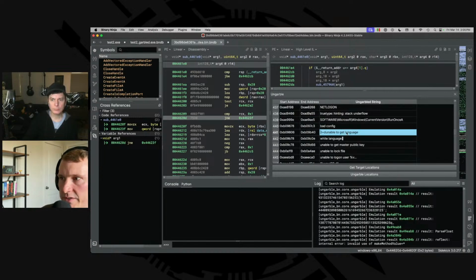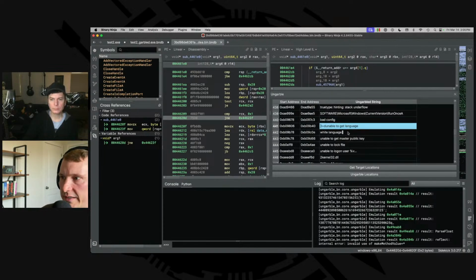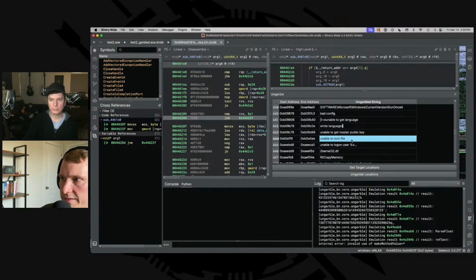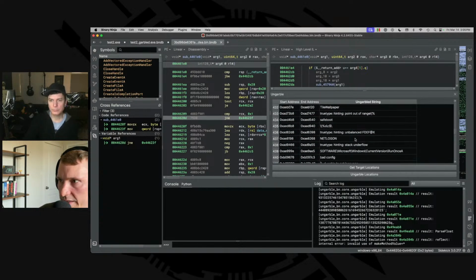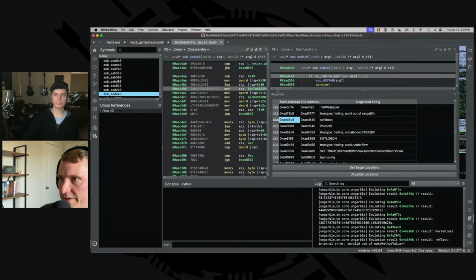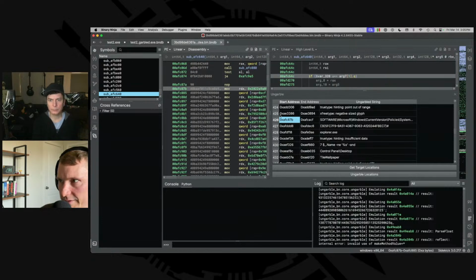Unable to get language. So a lot of the times, a lot of malware will check the language on a given system. Unable to lock file. Like this is all stuff related to ransomware. So yeah, that's basically the demo. I know it's not super crazy, but